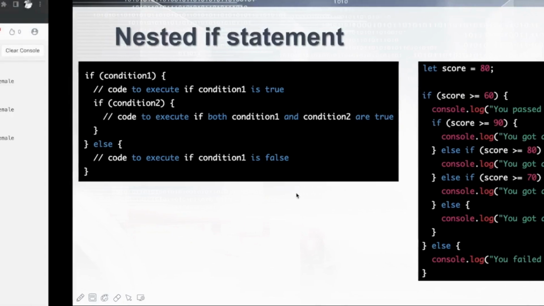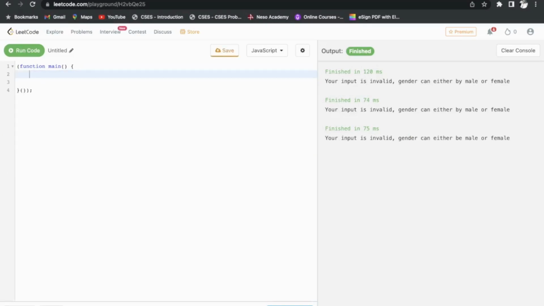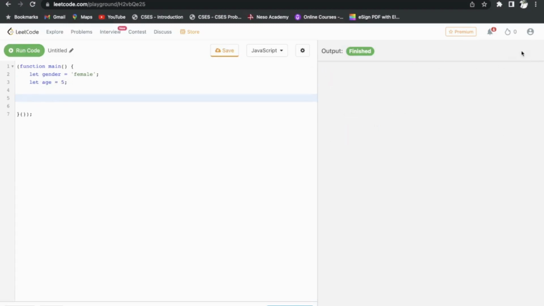So before we finish this video, there's an exercise I want us to do. I want us to write a program that uses the gender and the age to display a message. So we're going to have something like gender is equal to, let's say, female here, and we're going to have age is equal to, let's say, 5. So we want to check with the gender and age to display a message on the screen based on these